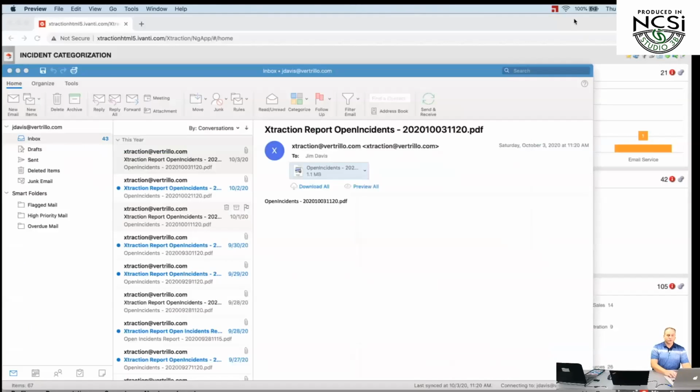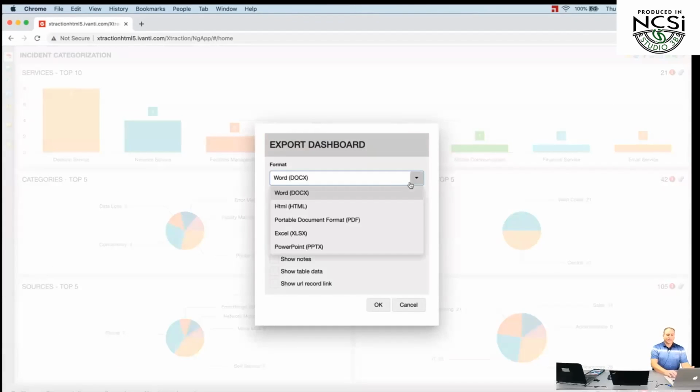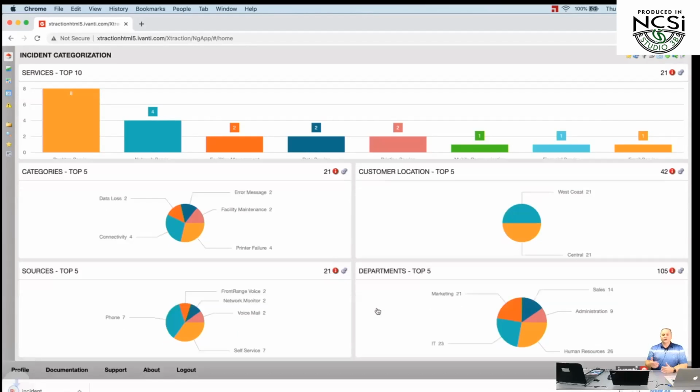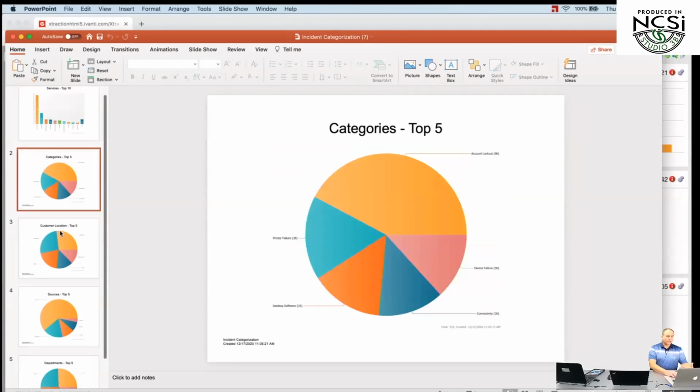You can also, if you want to, do a real-time export of that data. And I can come down here and say I want to do a report out. I will have it create the PowerPoint for me. So it will create a slide for each one of these dashboard gadgets that are here, right? Now, the beauty of extraction really is not that it can create these nice looking reports